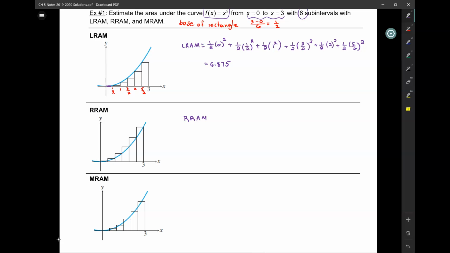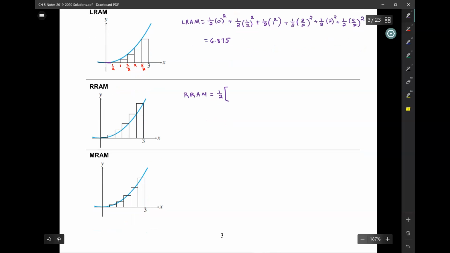Okay. Now we're going to do RRAM. So it's going to be the base times each individual height, right? So we're going to do 1/2, that's the base, times... Okay, now we're going to do the right endpoints. So the right endpoint here is 1/2. I like to write them here. So it's 1/2 squared plus, for the next rectangle, the left endpoint is at 1 squared plus, for the next